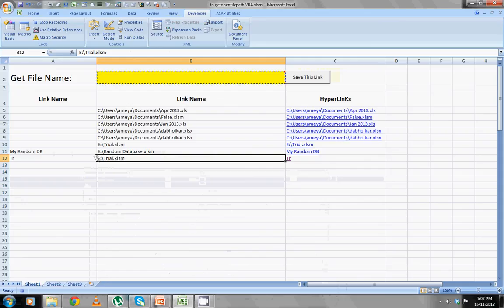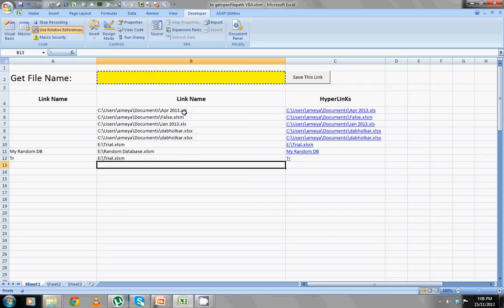Then you turn the relative references on, as a very good practice. How it is recorded now: when you select this cell B2, it's recorded as go to cell B2. Then when you select this cell B5, it's recorded as go to cell B5. When you press Control Down, it recorded xlDown. But when you record with relative cell references, it will show go down one cell, irrespective of whether it is B17 here, it will go down one.